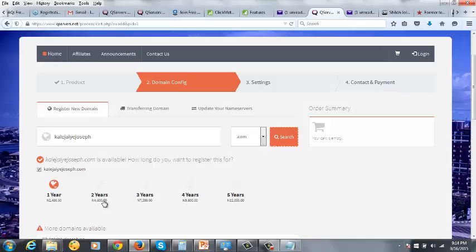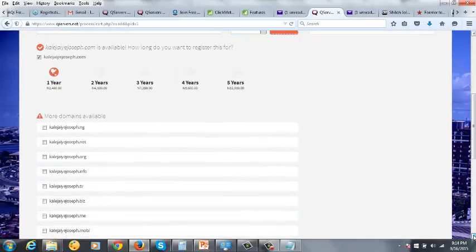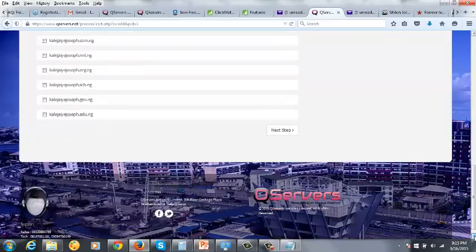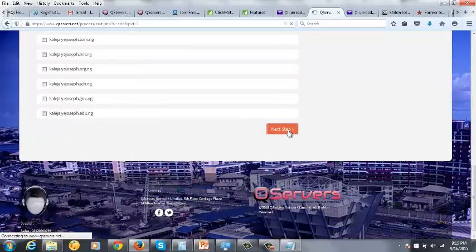see the amount. You choose 2 years, this is the amount. 3 years, this is the amount. 4 years this amount, 5 years this amount, but we're only interested in the 1 year for now. So we scroll down, leave all this one, don't touch them, just scroll down and click next step. Click next step. The next step will take you to